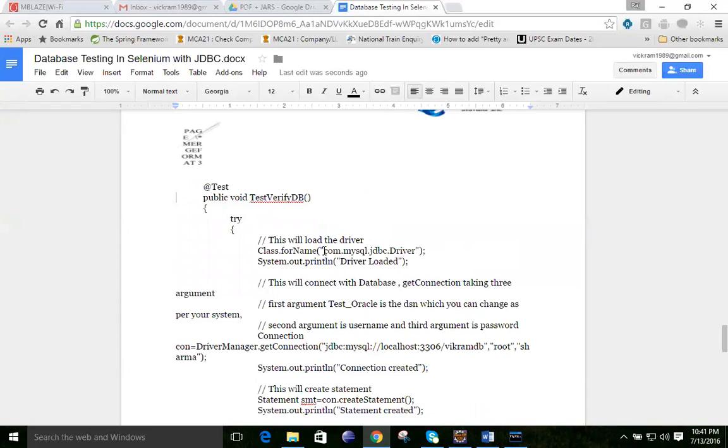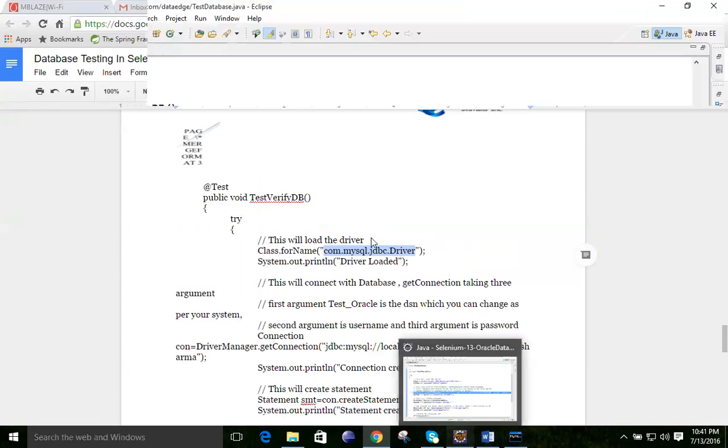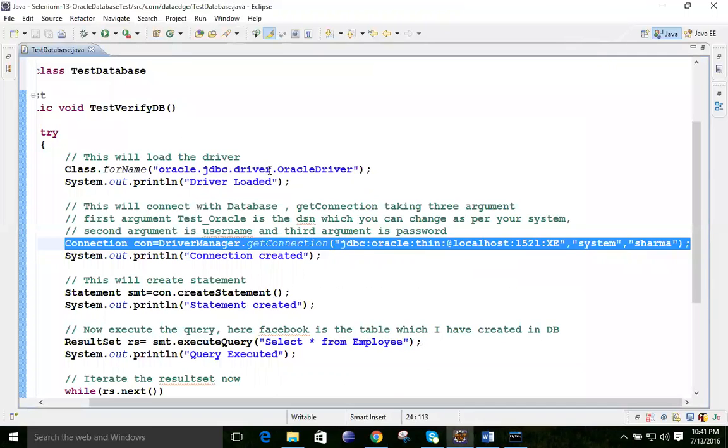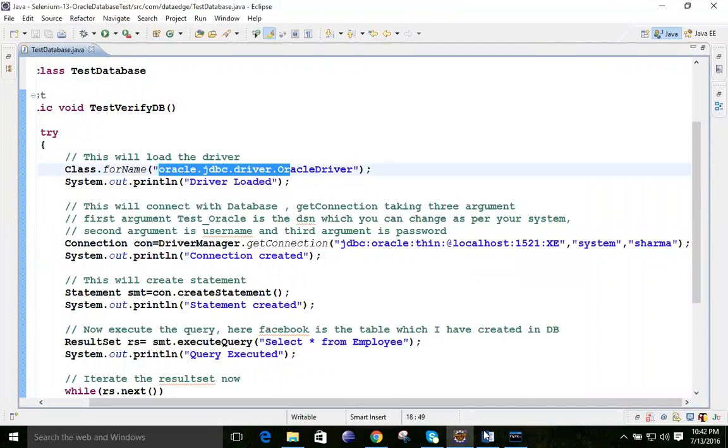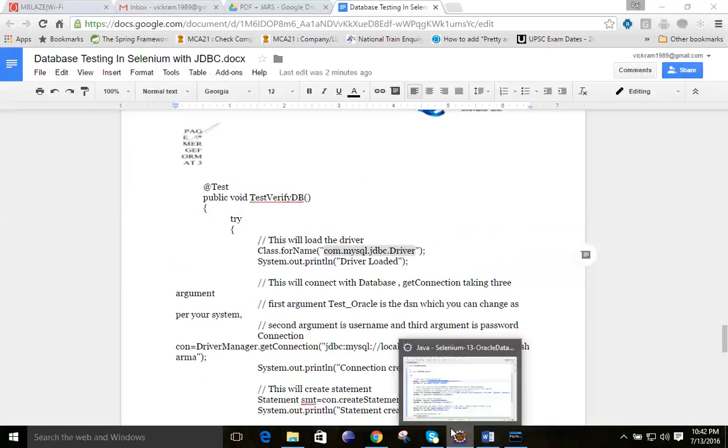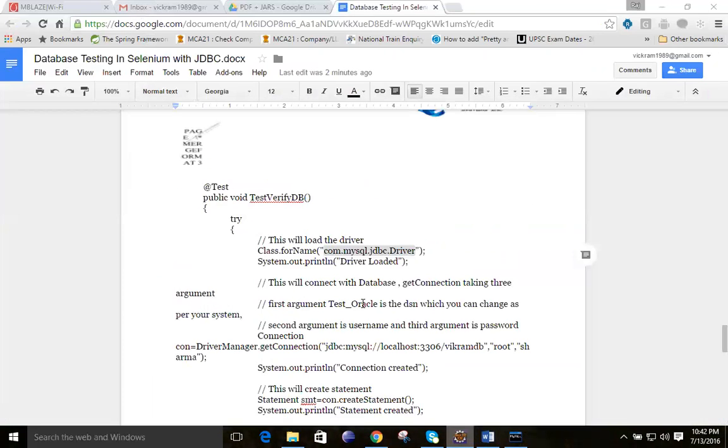Here, this driver name is different from the Oracle one. This name is com.mysql.jdbc.Driver, and in the case of Oracle, the name will be like this one. The second change you need to focus on is this URL.